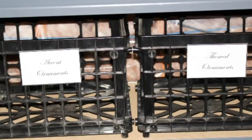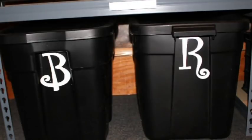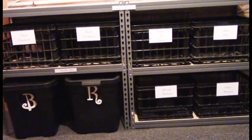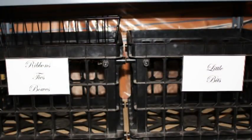Then we have themed ornaments. Right below there are the two crates for my husband and me. This is where we put our gifts for each other. One is a bee, so my husband can put my gifts there. And here is my husband's bin, where I can put his gifts. So very convenient. And then on the next shelving unit, the first shelf is the crate for ribbon, ties, and bows,